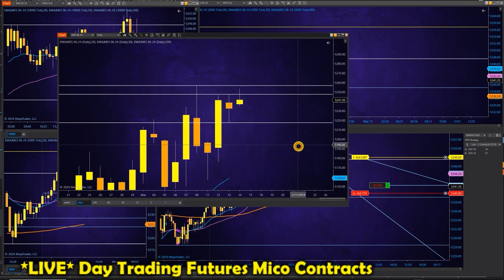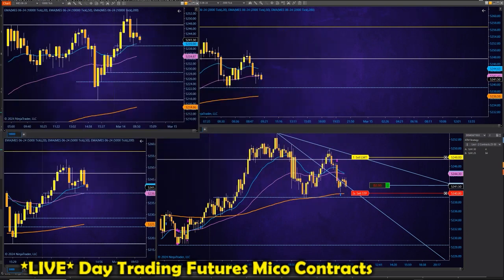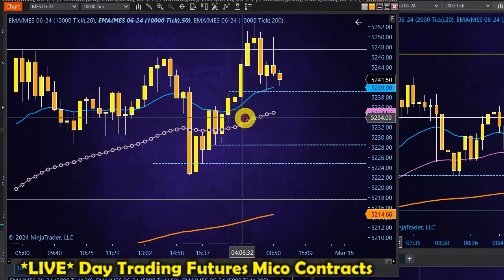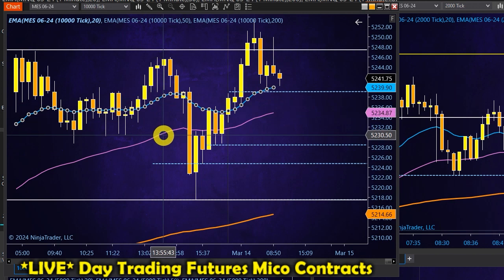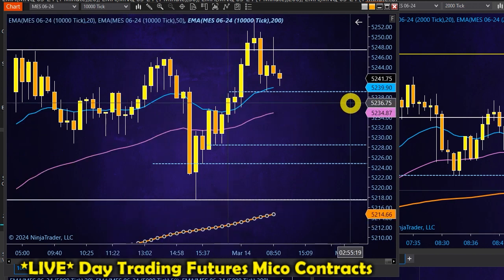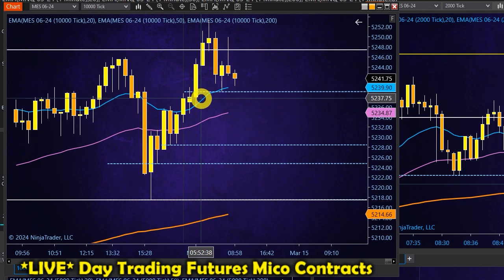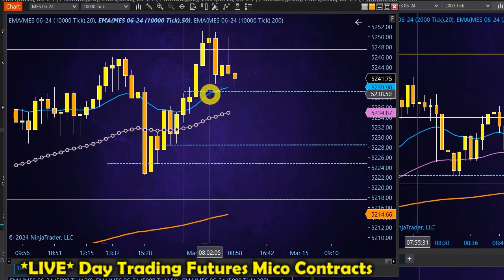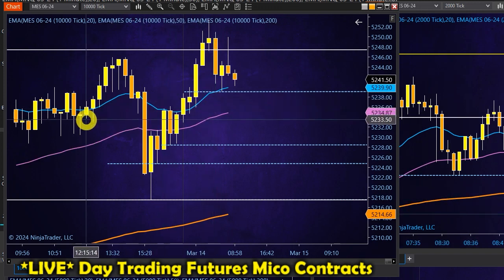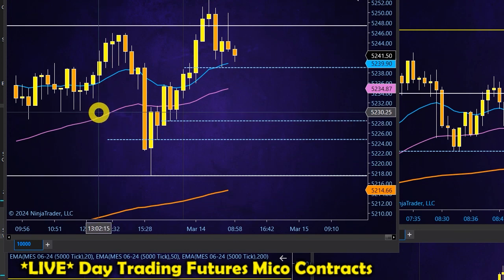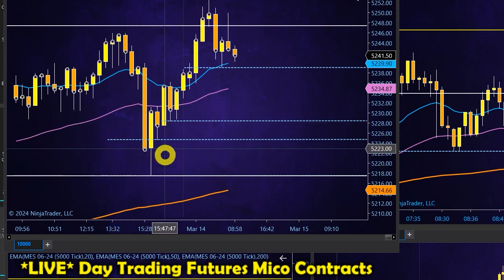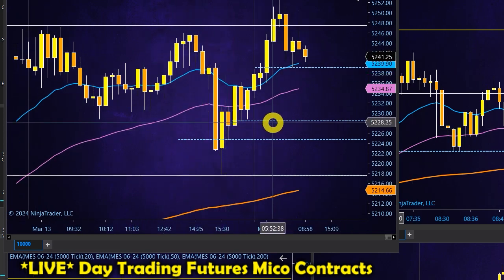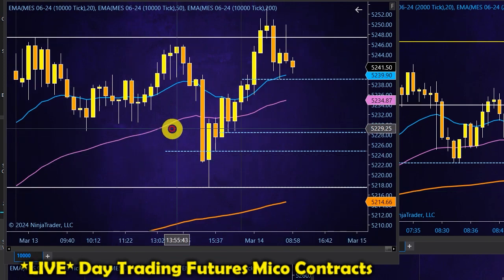It surely could. But as long as my 15-minute and mostly my 10,000 tick chart are bullish, and what I mean by bullish is that the 20 EMA, the 50 EMA, and the 200 EMA are all going up in the right direction. Sometimes price will pull back below the 20 and in between these two, like right here, that's the caution zone. And sometimes it'll drop down here below the 20 and the 50 down here. That's the danger zone. It's hard. It's telling us that there's good opportunity if it bounces, and then sometimes the best prices if it bounces in